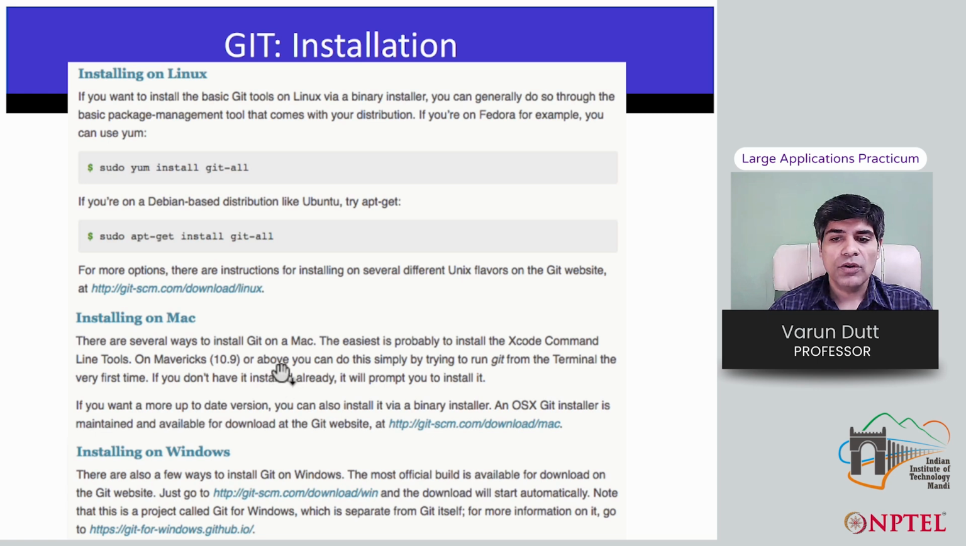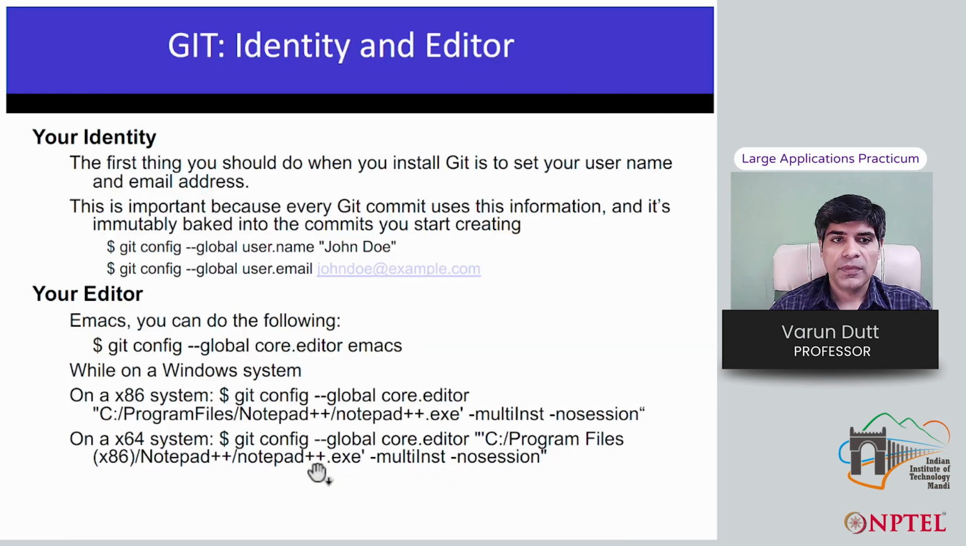And generally there is also a set of codes available for installing it on a Mac and installing it on a Windows, which you can refer to here, and get Git installed on these operating systems as well. So that way, Git operates on a large majority of operating systems available in the real world. So now the question is that once we have installed Git, what we should do first is